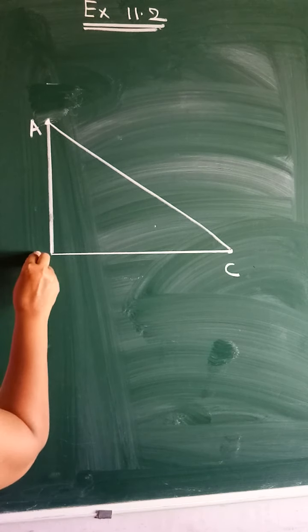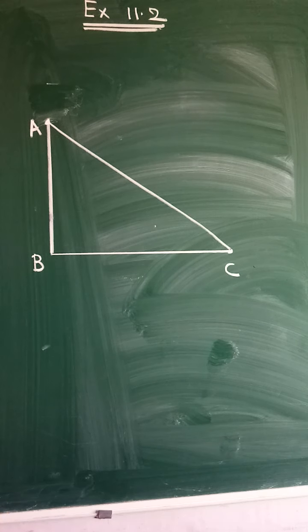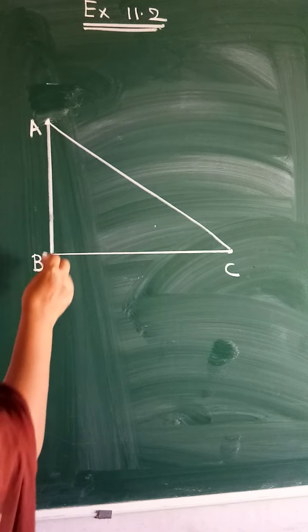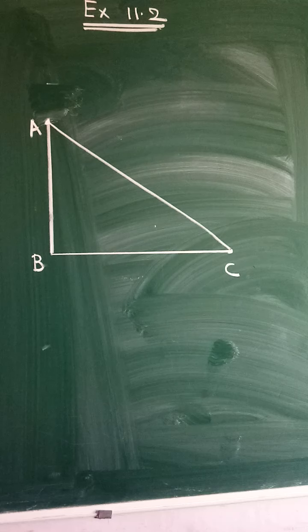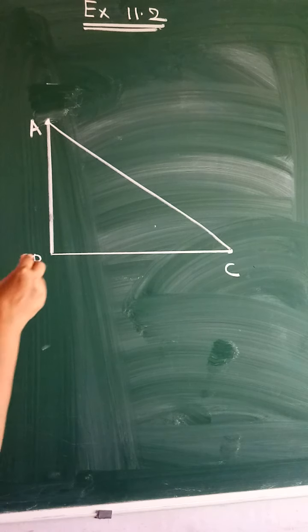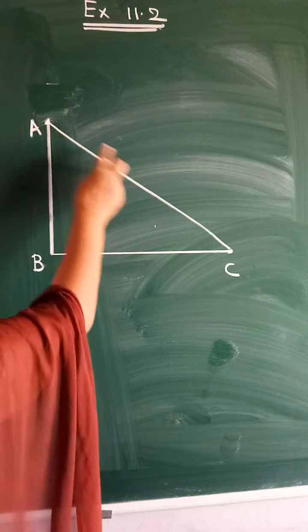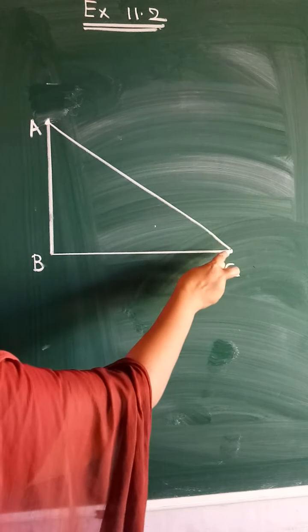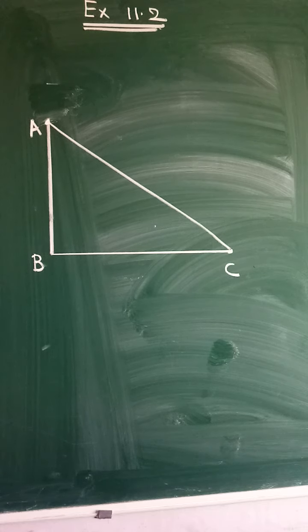Already I have drawn one triangle. My measurements will be different, you will take different. So this AB first of all draw 6 cm. Then BC is given 8 cm and angle B is 90 degrees. You know how to draw such a triangle. Now BD is the perpendicular from B on AC. So this is what I taught in the last topic, that from P, that means from an external point, how to draw a perpendicular to any line segment. Just now I explained to you in the last figure.